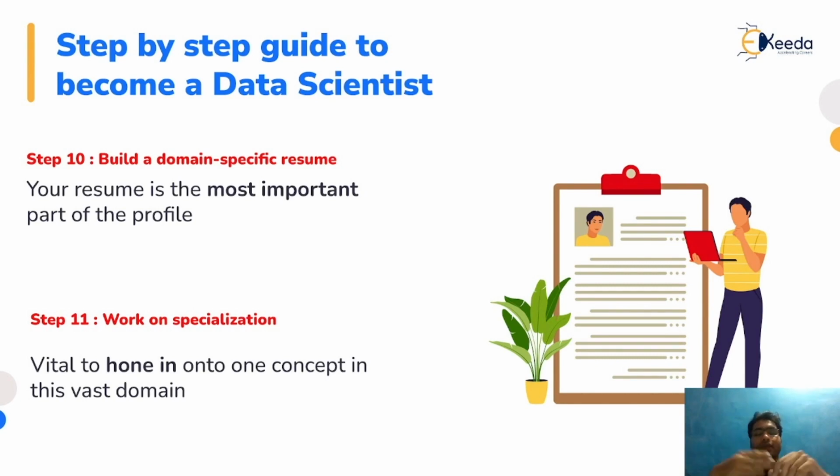Like if I tell you, in the data science field there is data analyst, there is data scientist, there is data engineer as well, and machine learning engineer as well. So there are different kinds of roles in the market. You should try to specialize in these fields. That is why specialization is important. Going forward, whenever you go for a role in any organization, they will prefer you over others because you are specialized in those things.